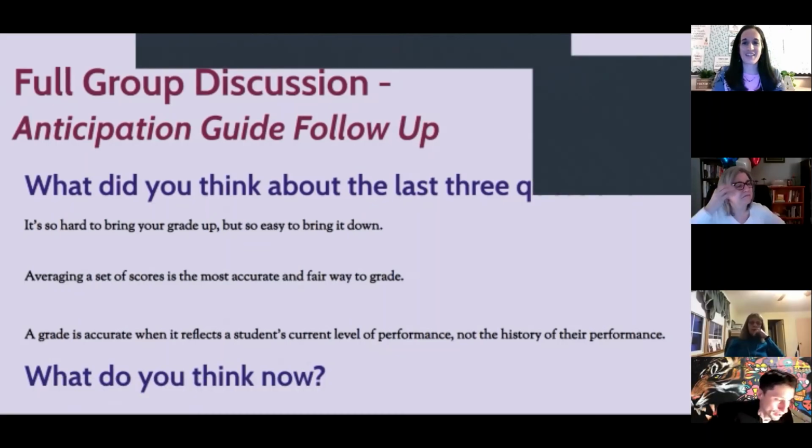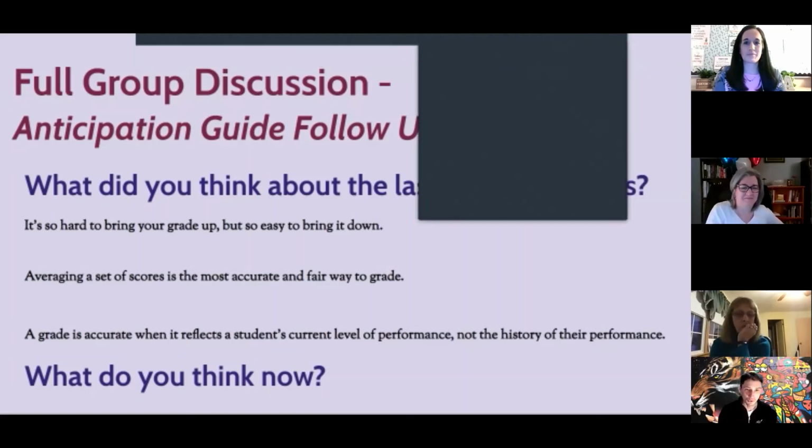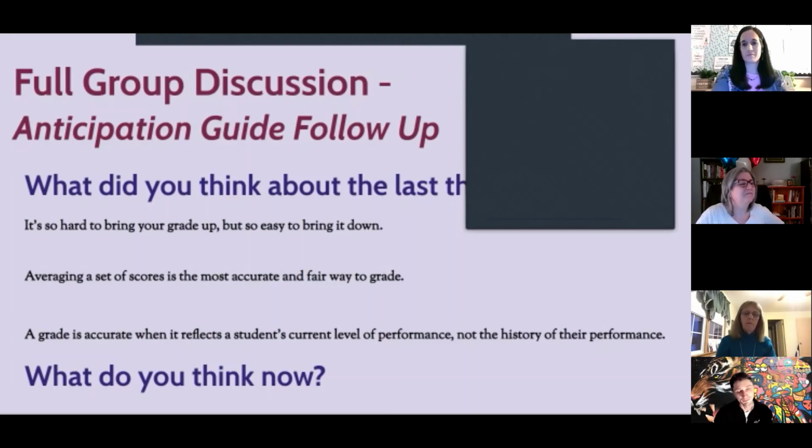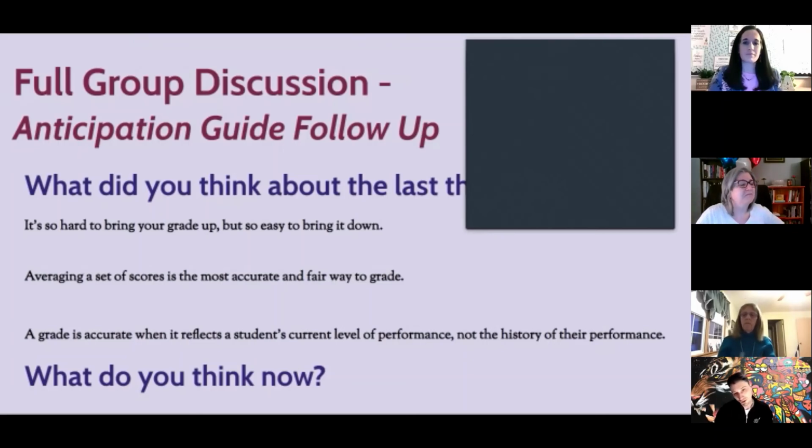So I thought all those things were false before, and I still think they're false. Making it hard to bring a grade up is an easy way to push a kid out of your room, either physically or mentally. And averaging doesn't take into account if at the beginning they were struggling, or if they had some personal issues in the middle and it goes way down. They're kind of related. And the same thing with the current level, like if it's a trend, that's different, but